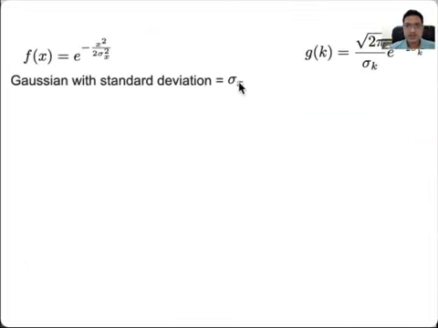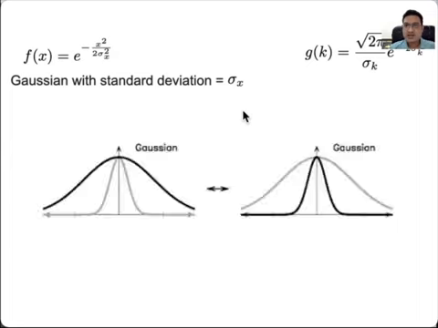So here the standard deviation is sigma x, and here the standard deviation is sigma k. Let's say this is a Gaussian function in a solid dark black line, and if you perform a Fourier transform, it will come out to be this one. So if this is a broad function, after performing a Fourier transform, it will shrink. That's what the reciprocity relation says: if something is bigger, the other quantity has to compensate so that the product remains 1. Or if this is a Gaussian function shown by the light gray color, then its Fourier transform will be a broad Gaussian function.